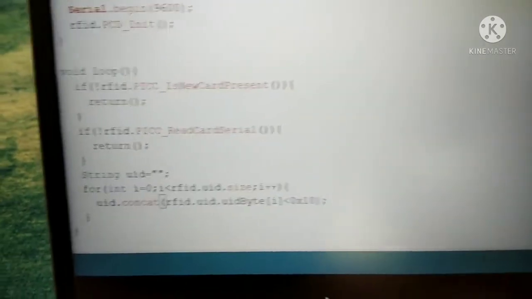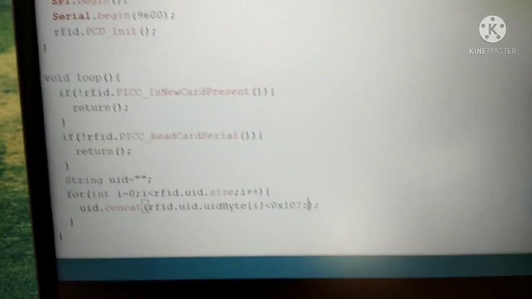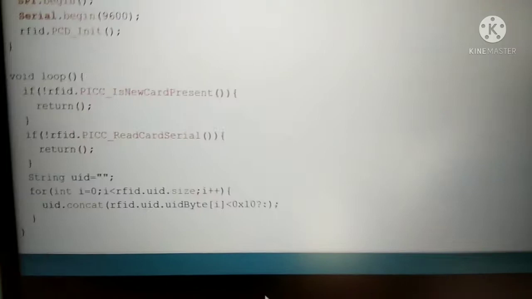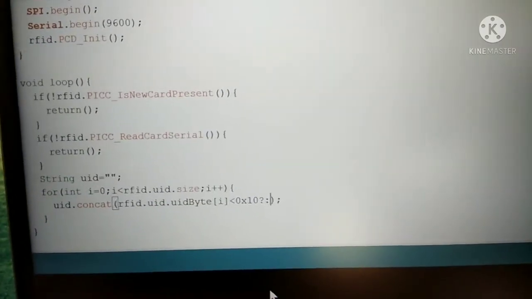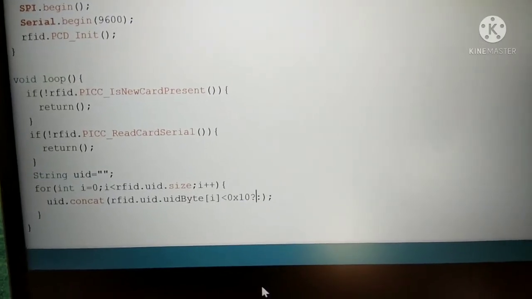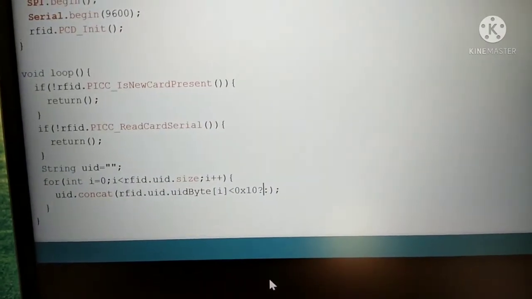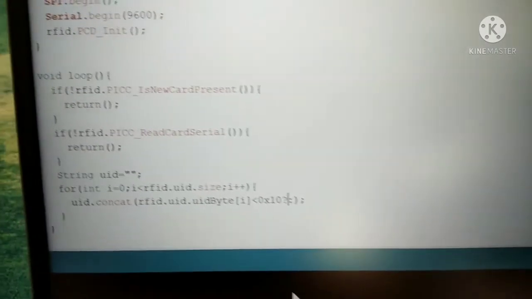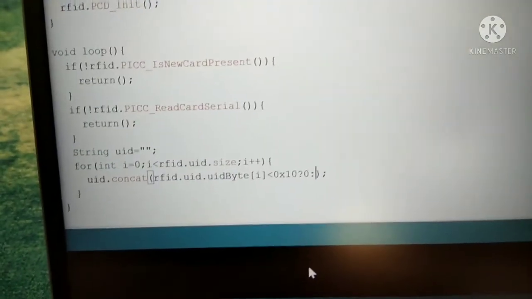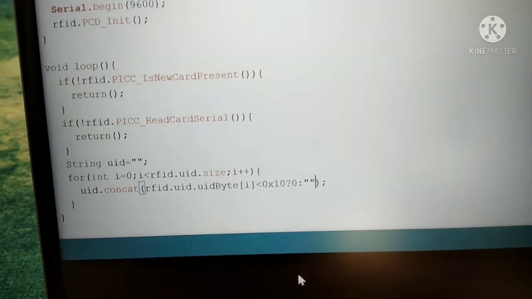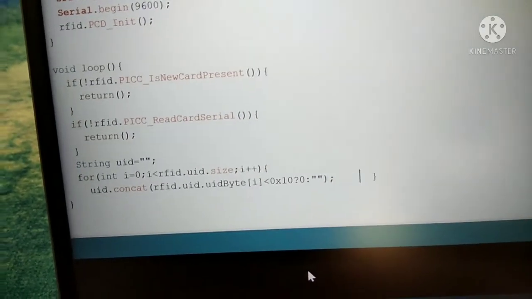Then now we are going to use ternary operators. So what happens is that if that is true, the statement in front of the question mark would run, or else the statement after the colon would run. So if it is lesser than this, then we'll be adding 0, or else we'll be simply adding a space. So that's what we are going to do.